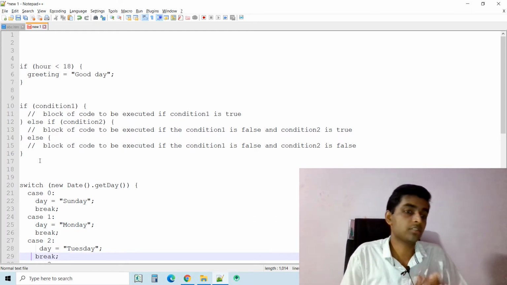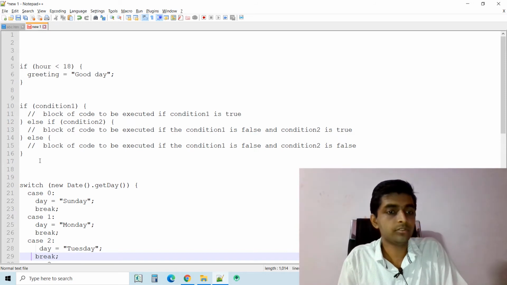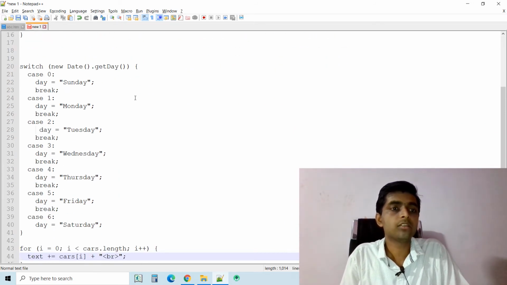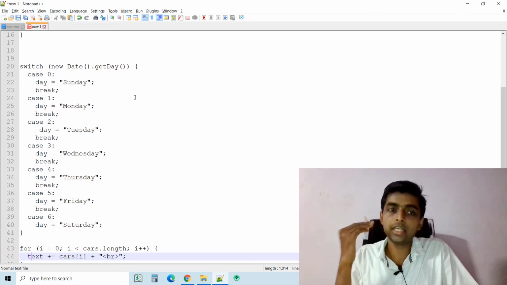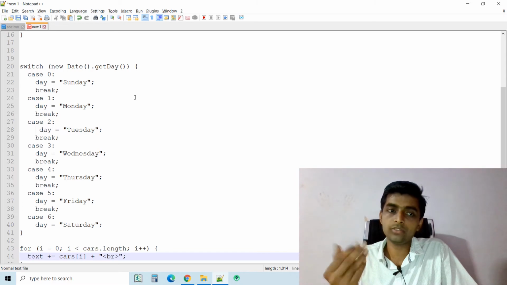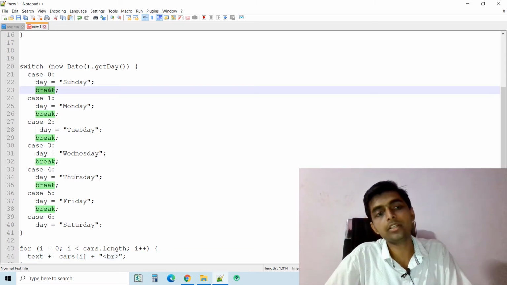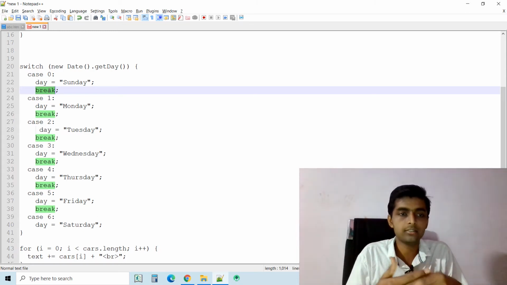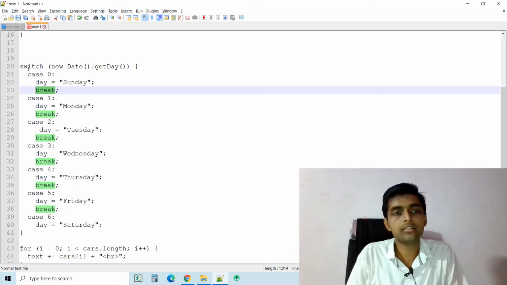What is switch? Switch is a condition or loop. It checks the cases, whether a particular case follows or not. If it follows, we use break. Else we continue, meaning go for the second case, check the third case also. In that case, today I am defining the switch case.